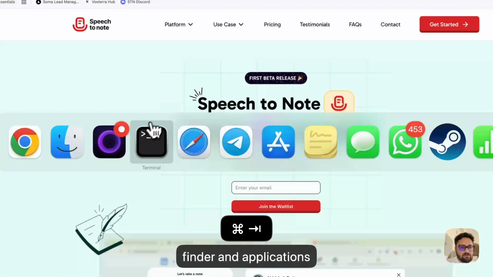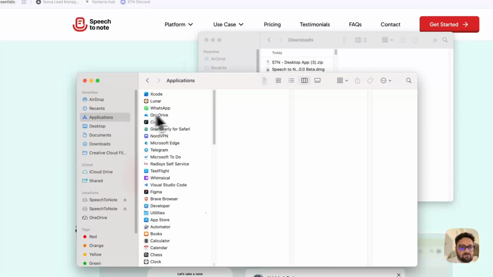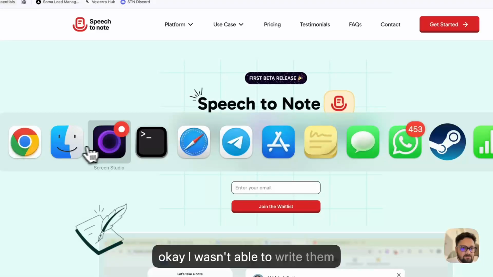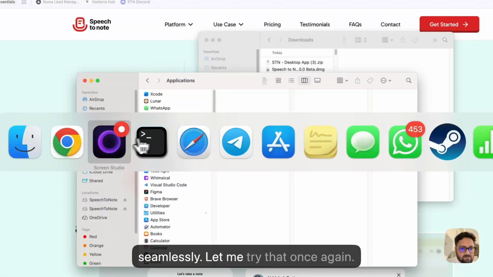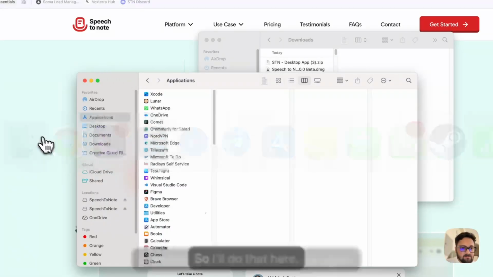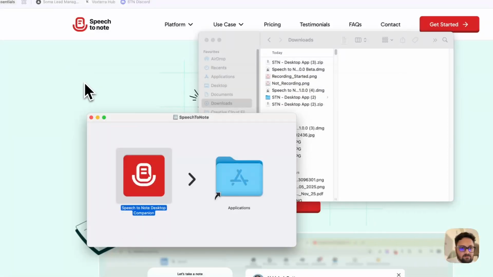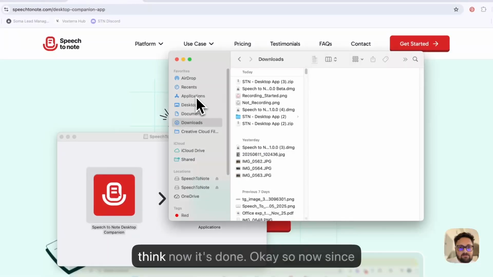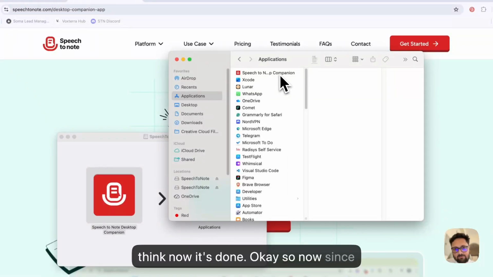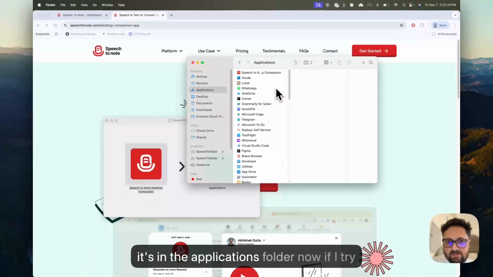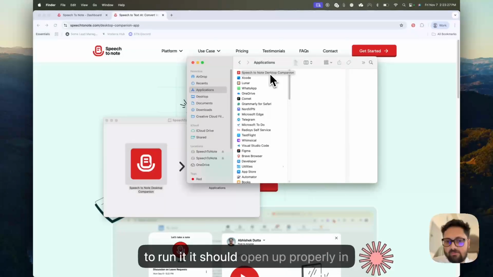Now if I open the Finder and Applications folder, okay, I wasn't able to drag that seamlessly. Let me try that once again. So I'll do that here. I think now it's done. Okay, so now since it's in the Applications folder, now if I try to run it, it should open up